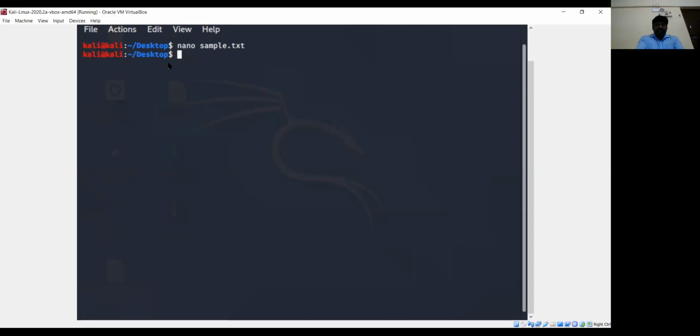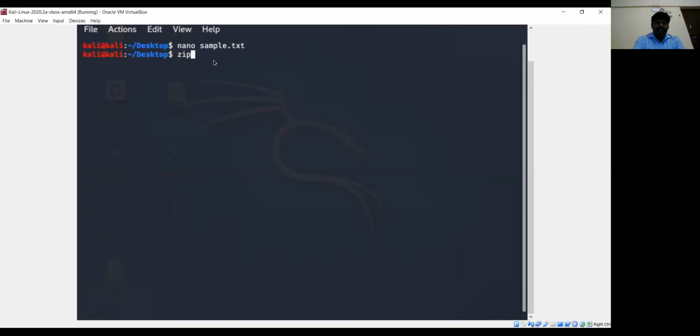What is the next command we are supposed to use? We need to protect the file with the password.